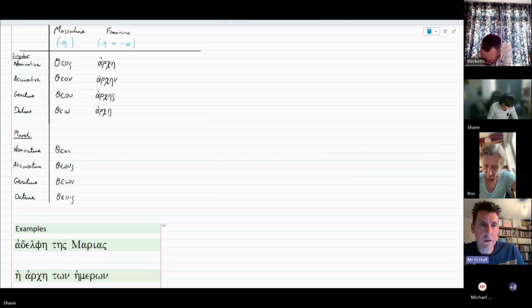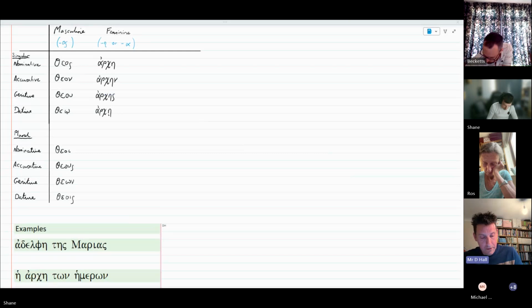So those are our singulars. So we've got the singular words, and in terms of how they work, so these two here, the nominative and accusative, they would mean beginning as a subject or as an object. Arches means of beginning, so it's the possession type part of it, and the dative is for beginning or to beginning. Okay. And then in the plural, it has its own set of plurals,